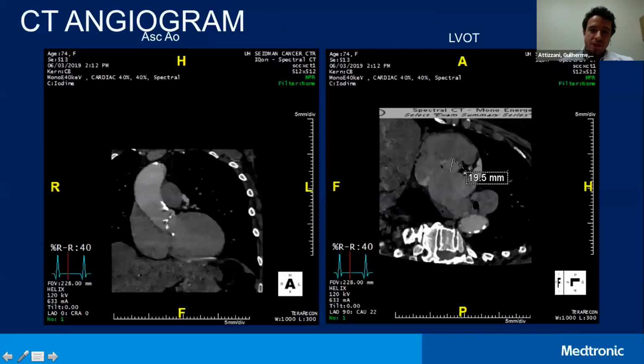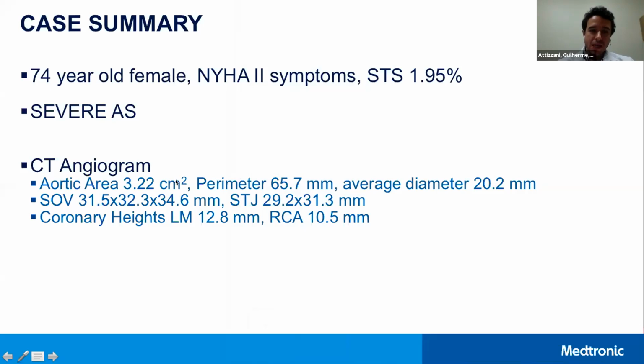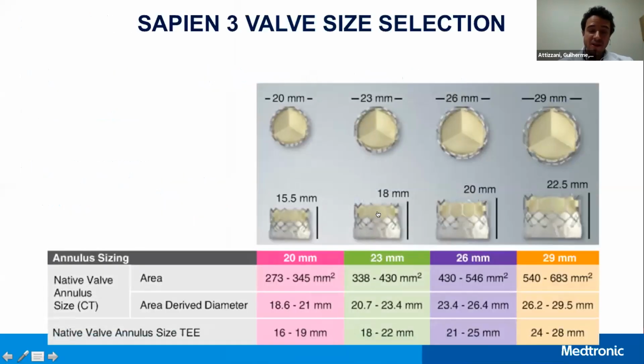I think the important decision making, with good access in this patient, is that the area is 322 and the perimeter is 65.7. If we're going to put a SAPIEN valve in this,